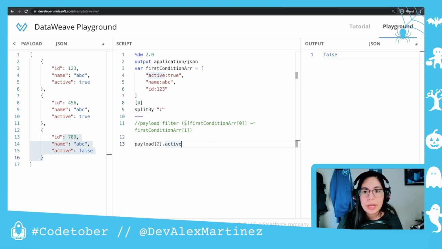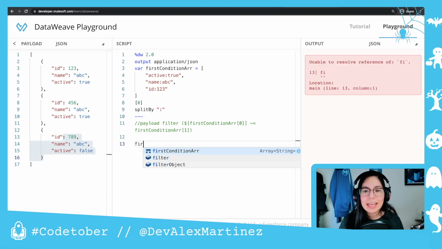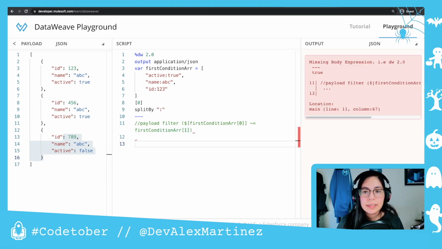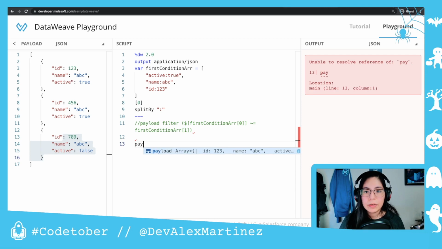So I'm just trying to confirm that this part, .active, is equal or coerced equal. Oh, that was the other thing I was going to do. In my first video, I'm going to explain this operator. But for now, let's just say it's not equals, it's like equal-ish. So if I get my first condition array 1, it would be true. So the 0 is active and the 1 is true. So let me put that instead. If I say payload